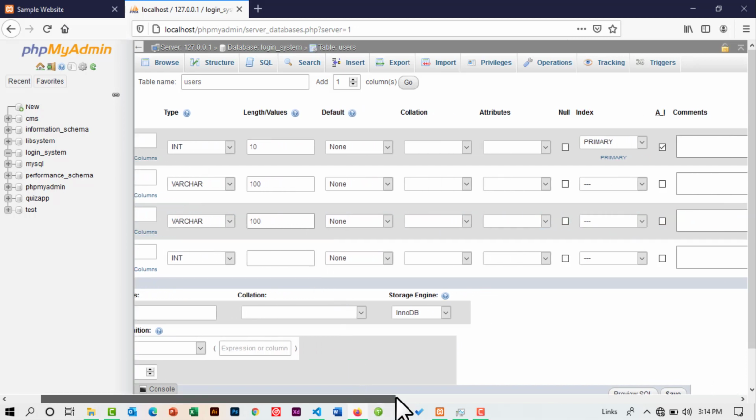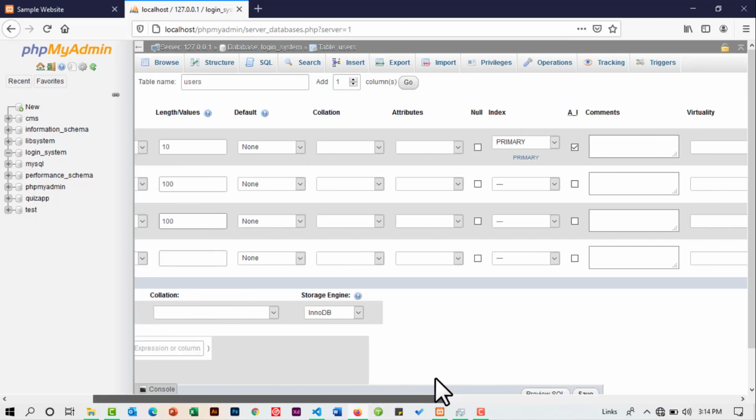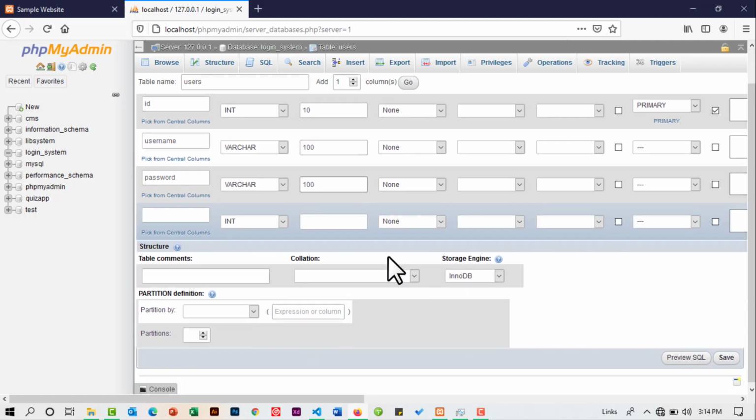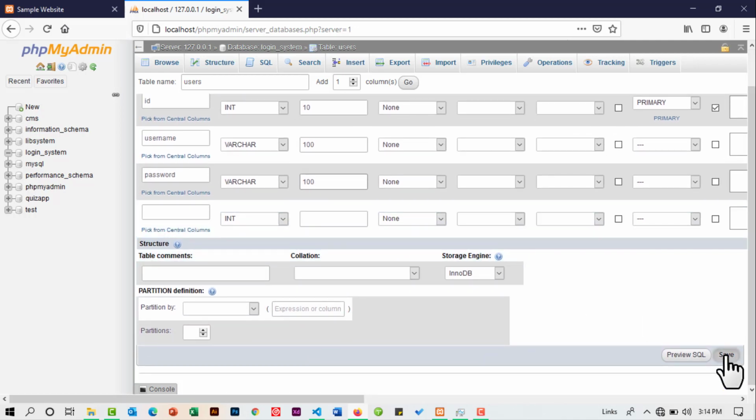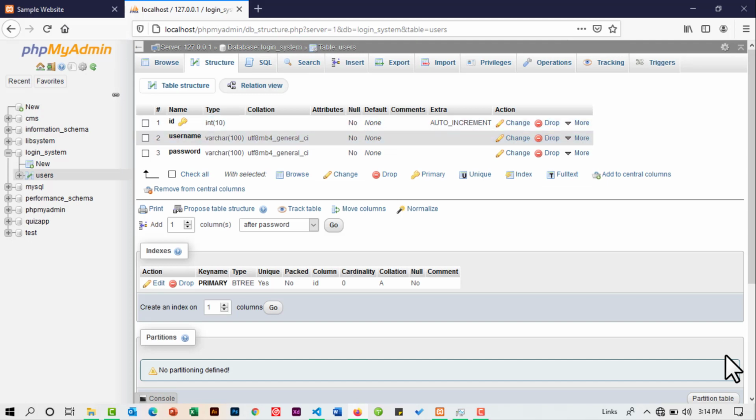When you finish that, you can just come down here and click go, or rather, save. Now as you can see, we have successfully created the table, and the ID has a primary key and it is auto increment. Always ensure that this one is like that. You can give it a different name, but ensure that it has the primary key and auto increment. So we have successfully created the database, and now we can head on to the text editor and start creating